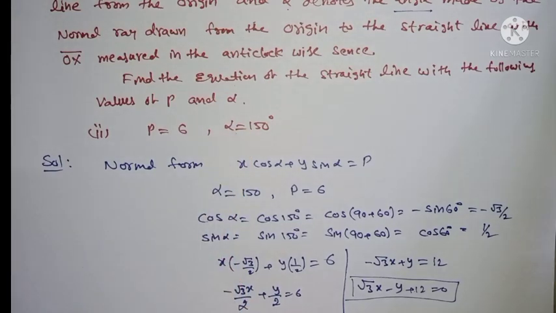Similar problems you can do by the same method. P and alpha are given, and alpha could be 7 pi by 4 or anything. In this question, listen to what the question is. The next question is P is equal to 6 and alpha is equal to 150, same as it is; it is completed. And P is equal to 5, alpha is equal to 60. P is equal to 1, alpha is 7 pi by 4, and 90 alpha is given. You can do all these 6 problems. Okay.